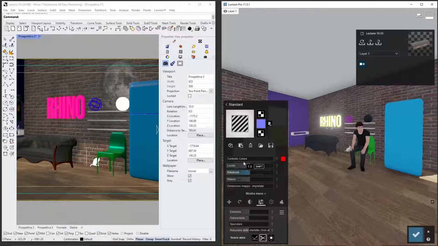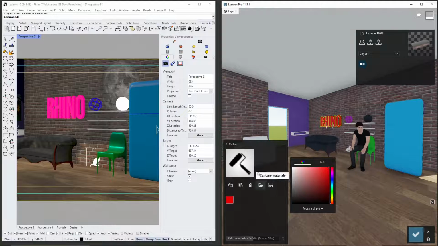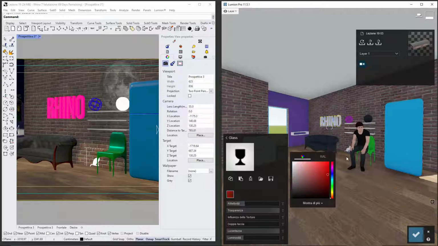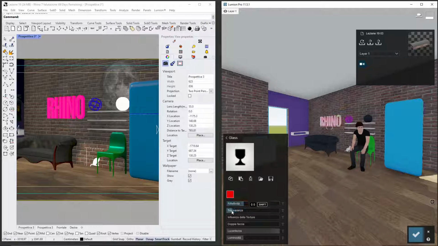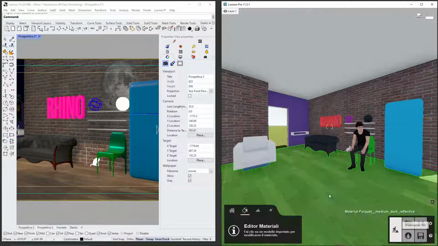Now if I want red, I need to increase also the color here. I'm trying to replicate the same effect that I should have here in Rhino, but also another technique is to place, well, I think you need to choose. You can also make standard text like this, maybe pretty reflective, like the glass we did before. And we can probably use, again, the luminosity here. Okay, now I'm going to go back, say okay, save your customization,